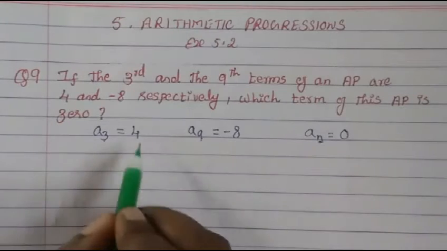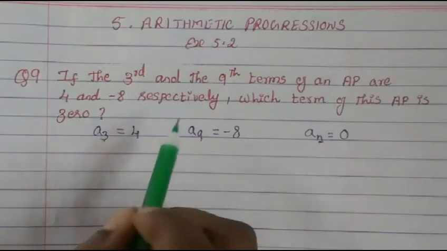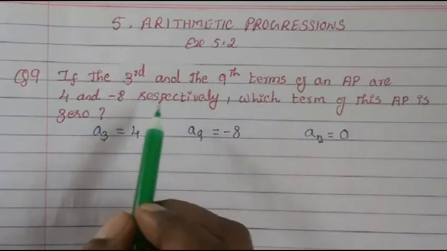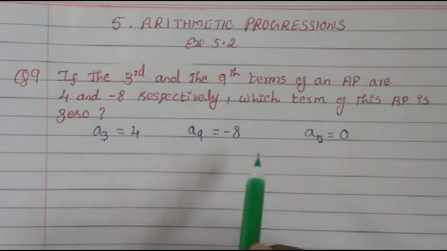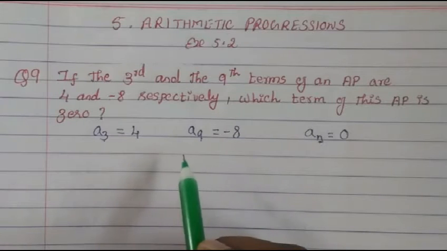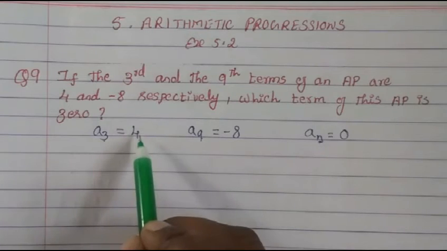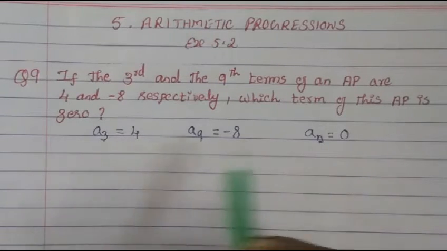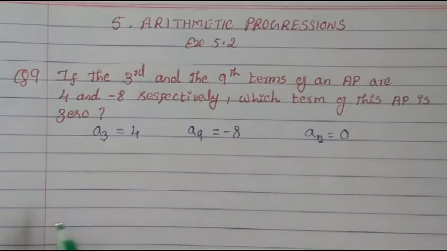So we'll put it in equation form because the first term is not given to us, the second term is not given to us, so we don't know the D value. Whenever this situation arises, you have to write this in equation form and, using the elimination method, get the D value, then put it in any of the equations and get the A value, and then use the formula and get the N value. Like sums 8, 7 and all, how we did, same way only we have to do it. So let's write down the equation first.